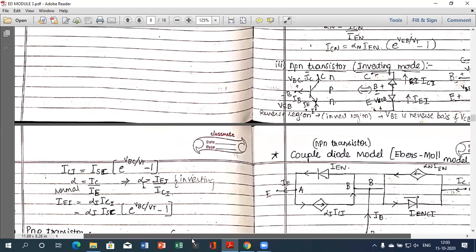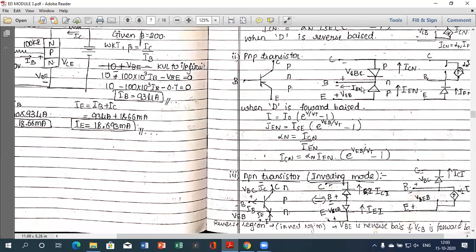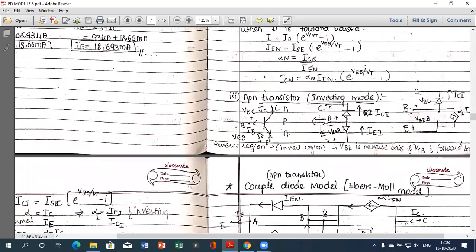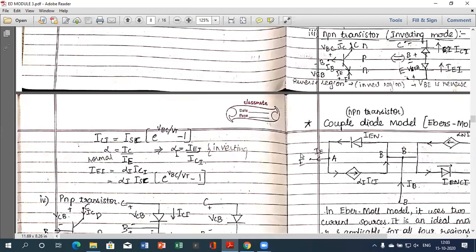So this is what we get when we operate the NPN in normal active mode and inverting mode. And these are the two currents in normal active mode and inverting mode. Okay, so now I hope up to this much it is clear. If yes, just put a message in the chat box, so that we move to the next concept, where we need to combine these two components. Do it first if you understand this concept.